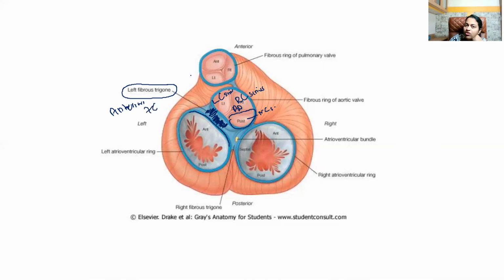Remember what is fila coronaria? I told you there is an annulus. The part of the annulus which is going to receive the cusp will be called the fila coronaria. Both the tricuspid and mitral valves will have anterior and posterior fila coronaria. The left fibrous trigone is going to give attachment to the anterior fila coronaria of the mitral valve.